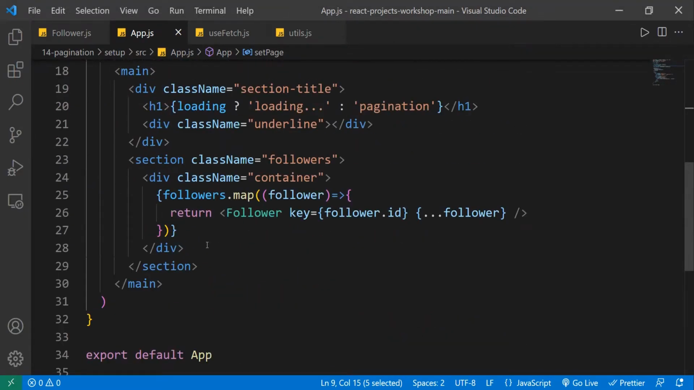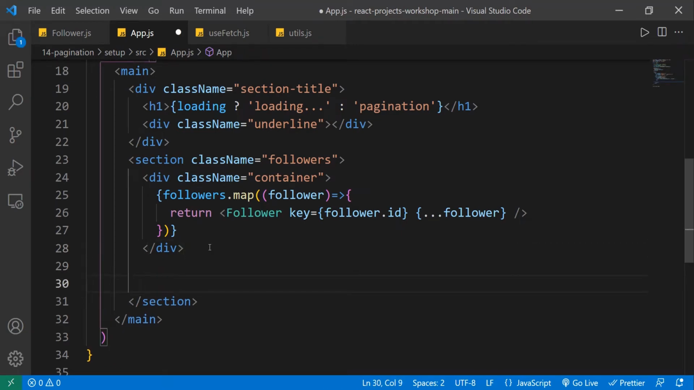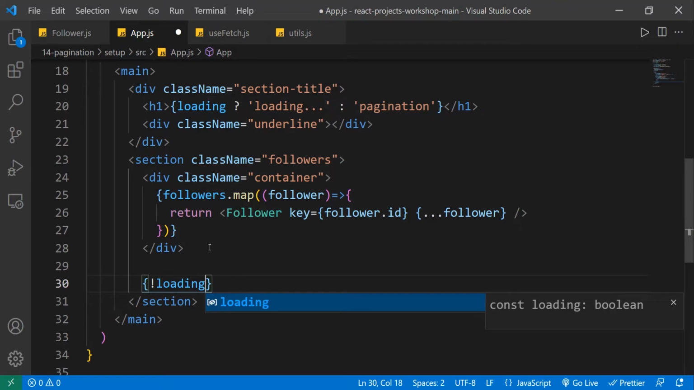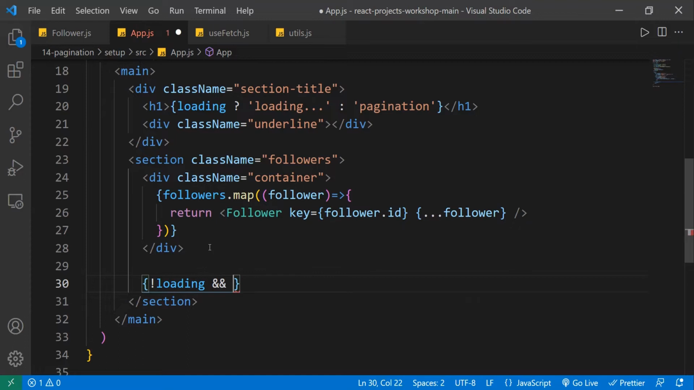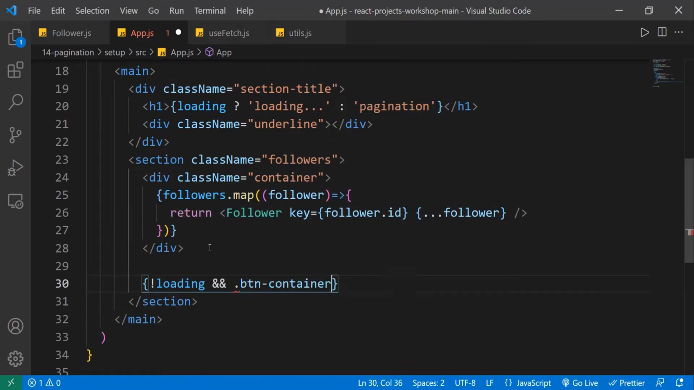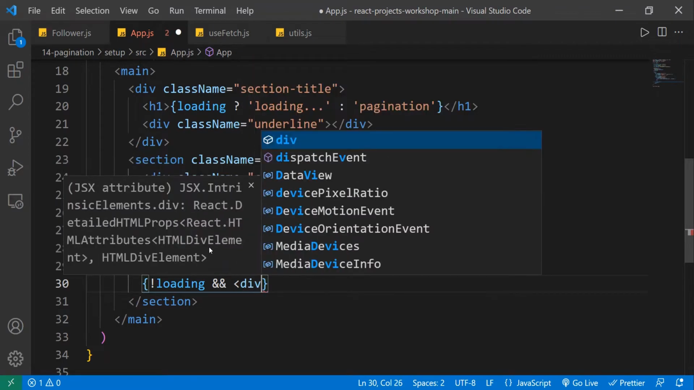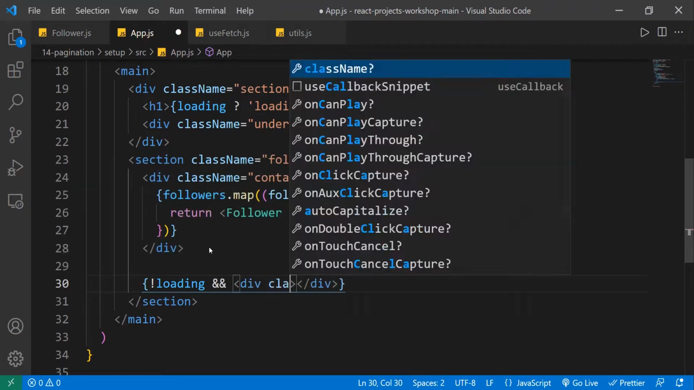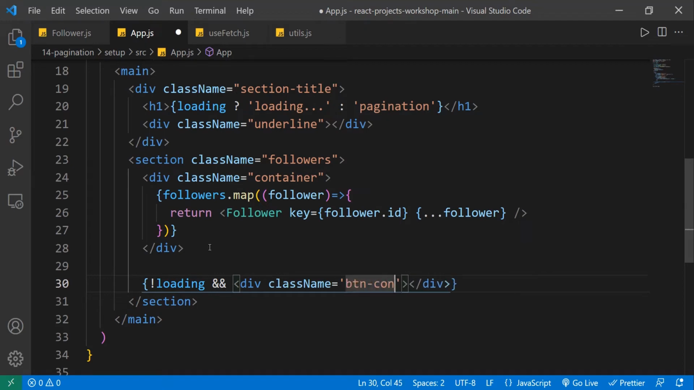I'll come back over here, and after my div, let's write something like this first. If not loading, if my loading is false, then show me a div with the class name of btn-container. I think this would not appear here, something like this. So let's make a div, class name btn-container,